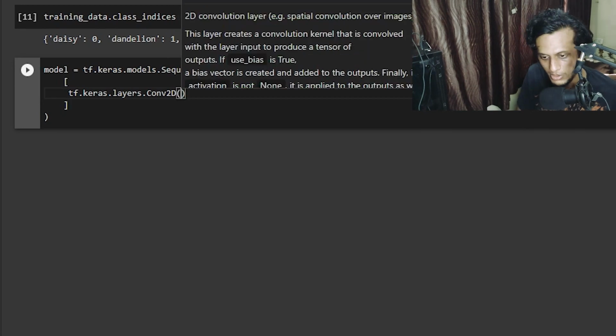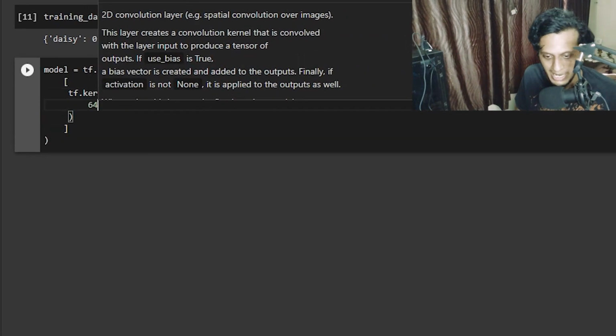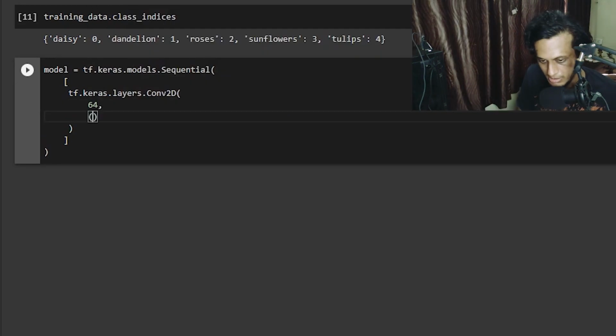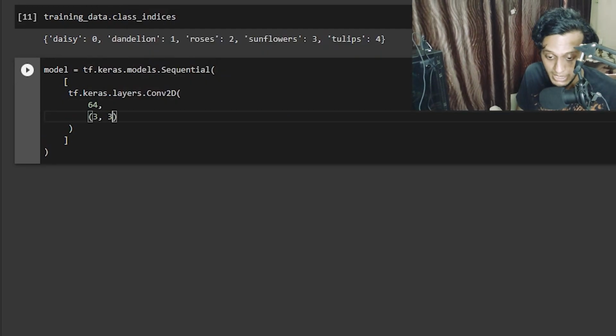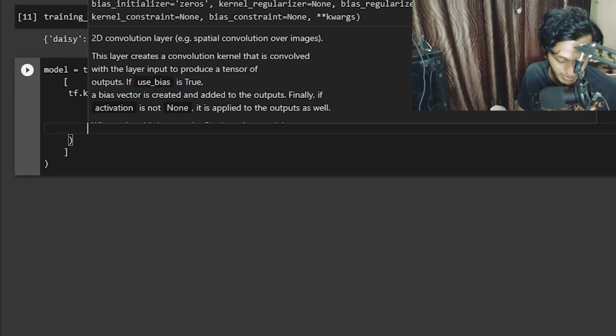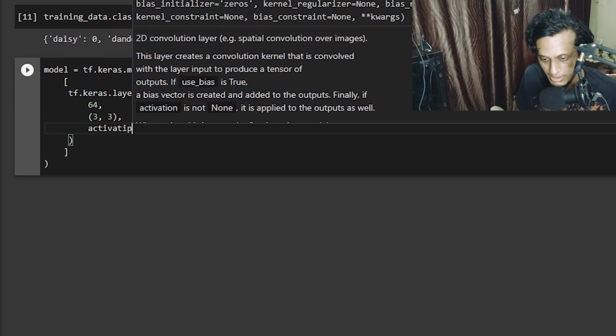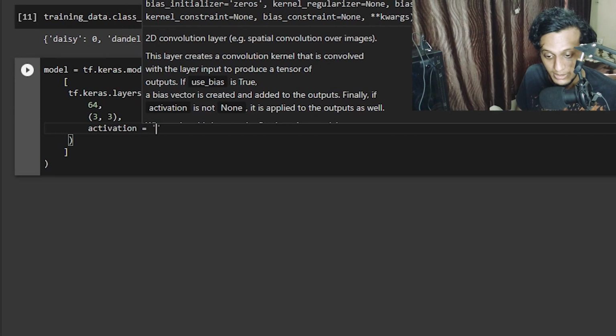See, I don't have to type a lot of code if you just use the linter that is available to us. I'll say 64 filters, size 3 by 3, and I will have to specify the activation function. So activation, I'll say, is our good one, that is ReLU.